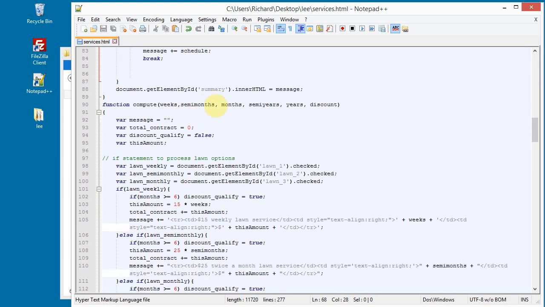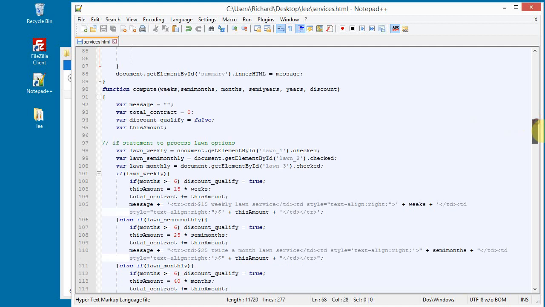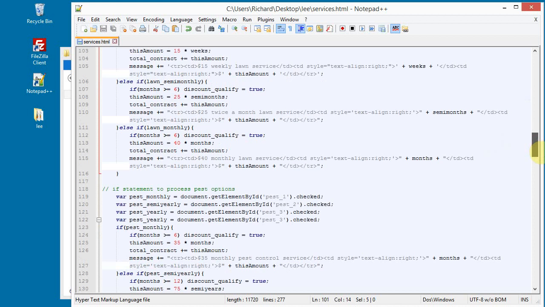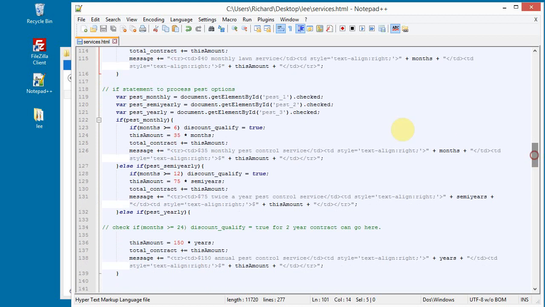It brings in these parameters, and we see that first the compute function processes the lawn options, depending on which radio button is checked, and then it processes the pest options,